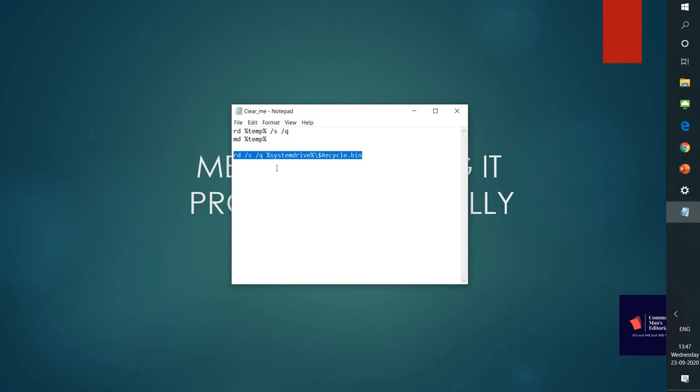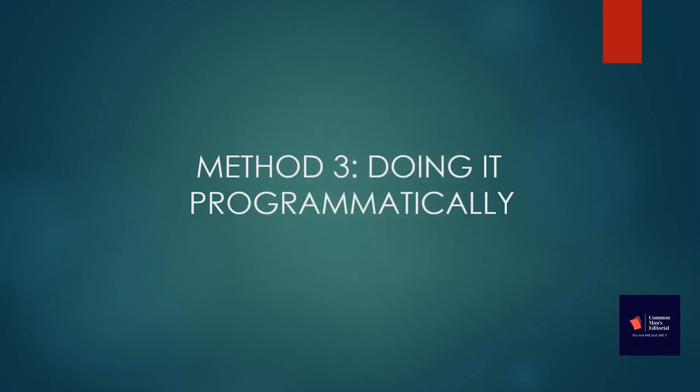We might accidentally have deleted some files, and they will be inside our recycle bin, which we can recover at some point of time. So this is not a recommended practice, but still, if you're so sure about removing your recycle bin content, you can just include this line and go ahead, right?